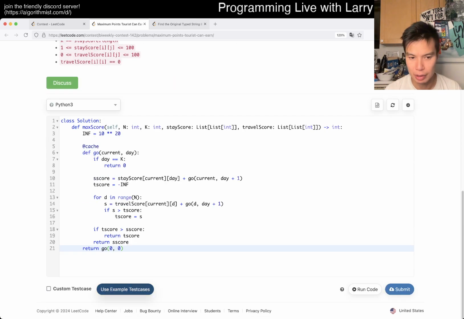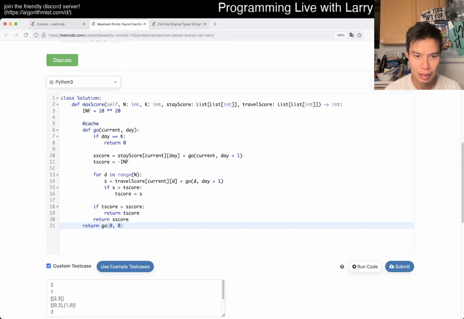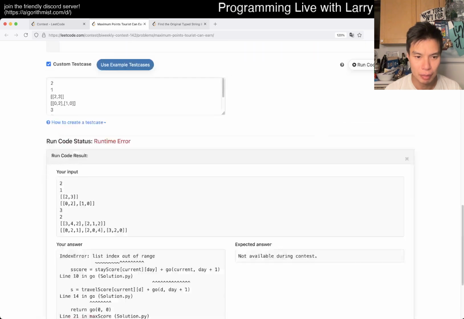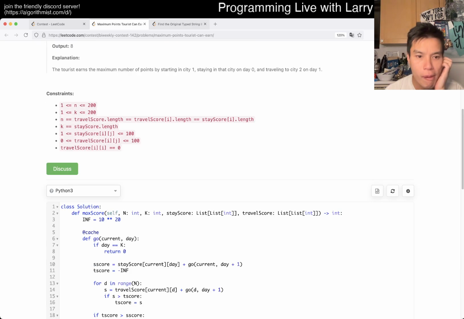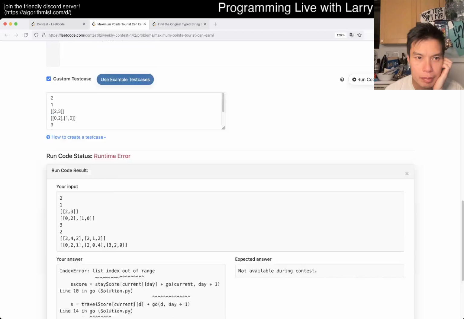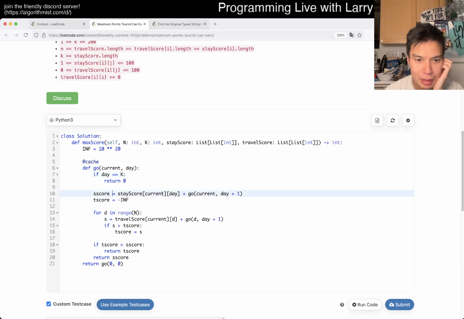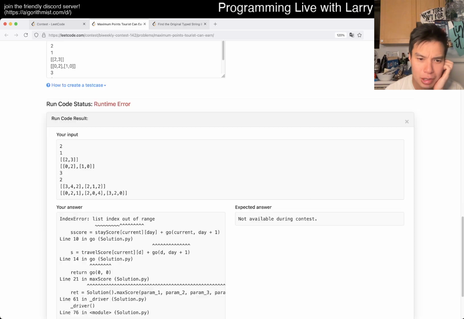Something like that, I think this is pretty fine, right? Maybe not. Did I mess something up? Why would it go out of bounds? Line 10. I'm so confused.